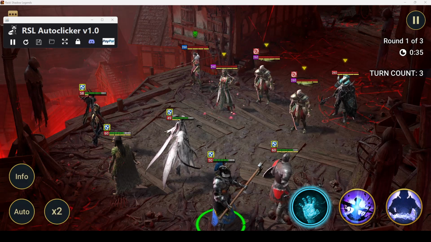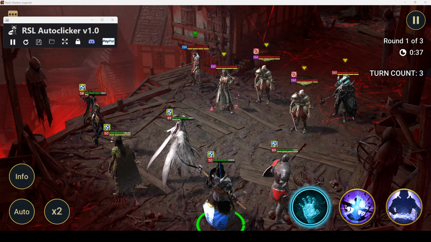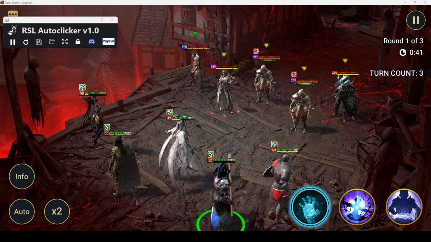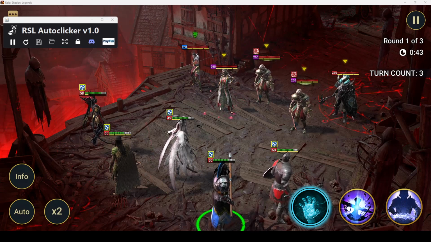So there we go. Didn't take very long, and you can see the Autoclicker itself is still running, but